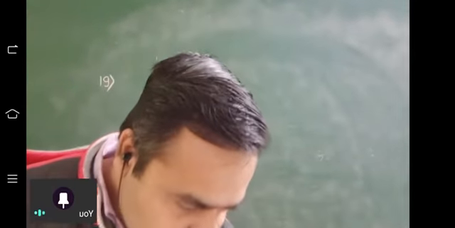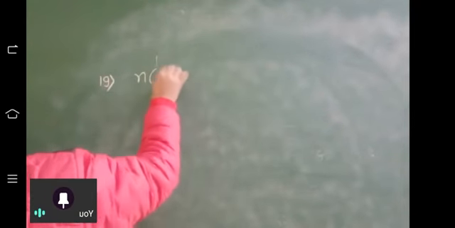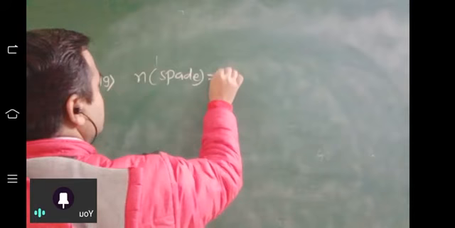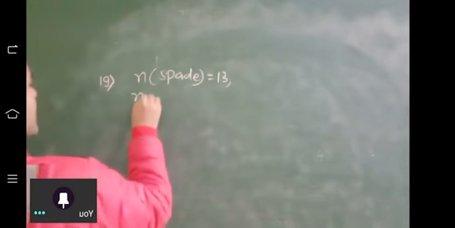What is the probability that the card drawn is neither a spade nor a king? तो पहले स्पेड या किंग की प्रोबेबिलिटी निकाल लेते हैं और उसको 1 में से माइनस कर देंगे, ठीक है। Total playing cards are 52. Number of spade cards are 13, and number of kings